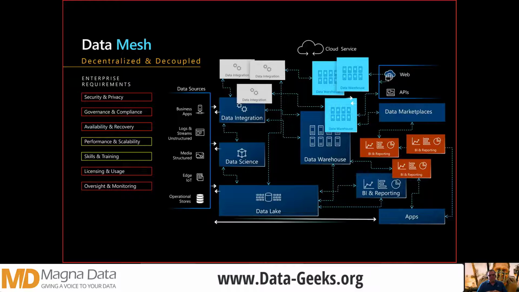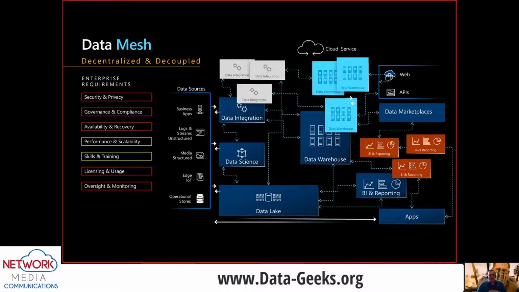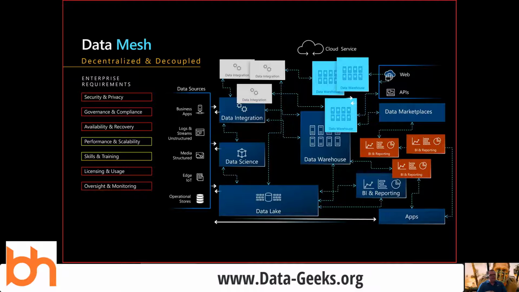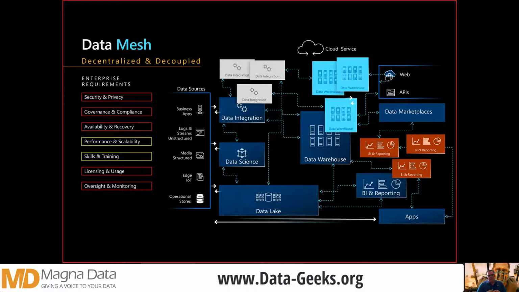So data mesh tries to solve all of these NFRs by not making them relevant, by saying that each data mesh is more of a business unit or a business domain. Each business domain has their own environment. So data mesh is trying to decentralize and decouple everything, and it's this business unit's problem to deal with the